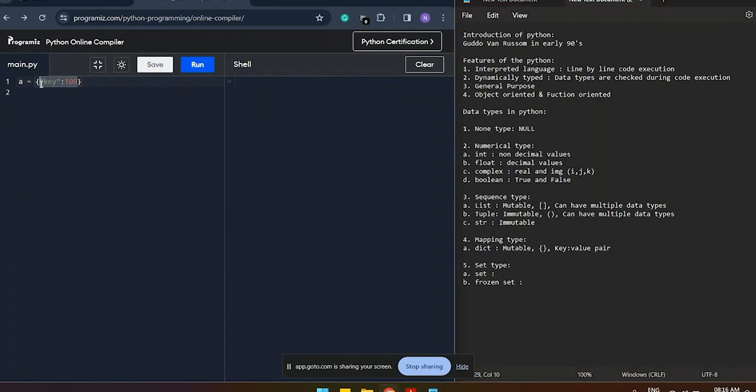If we take 1, 2, 3, 4, 5, 6, so these many values are there, and if I print A, what difference do you see in this? What is the input and what is the output? Is there any difference between the input and output you are getting?